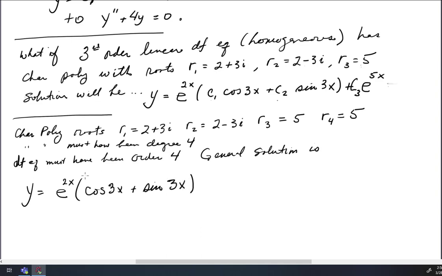Now I forgot the constants, so I'm going to put a C1 in here and a C2 there,